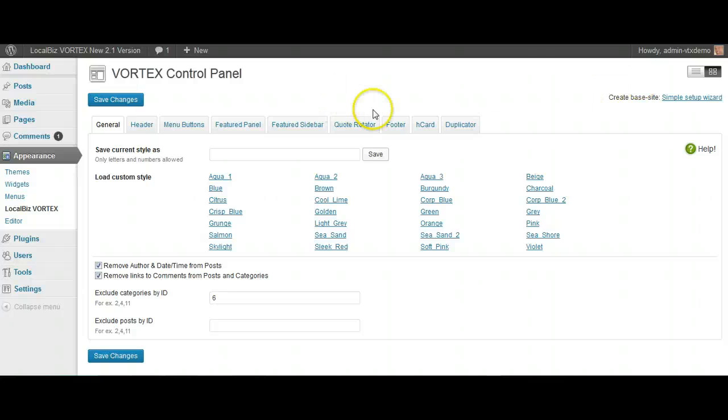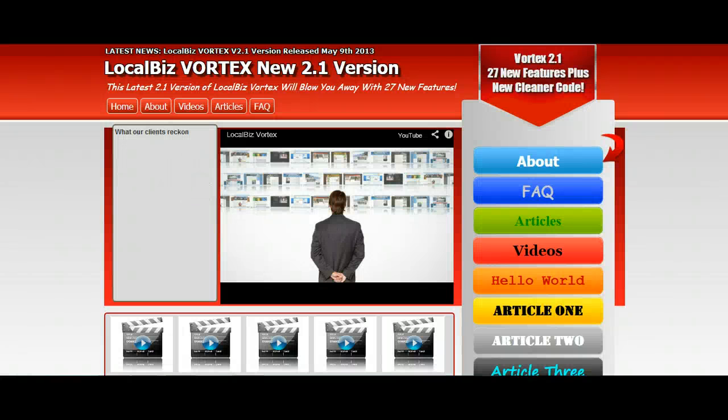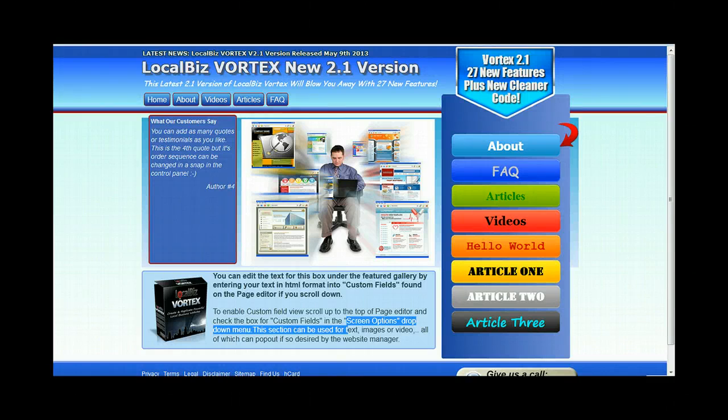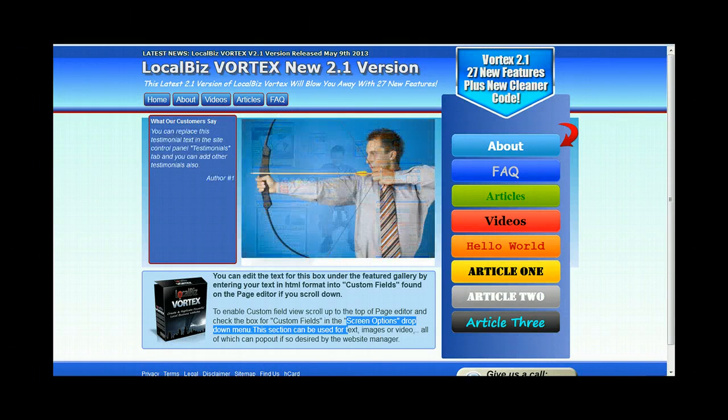So okay, here we are on the general panel, the main panel, and as you can see, we have introduced 8 new colors, so it means that there's now 28 new colors in here. I'm going to take you to them now, if I can find them. Where are they? Down here somewhere. Yep, in here. Okay, so we've got this one here, which I think is called Crisp Blue, and this one